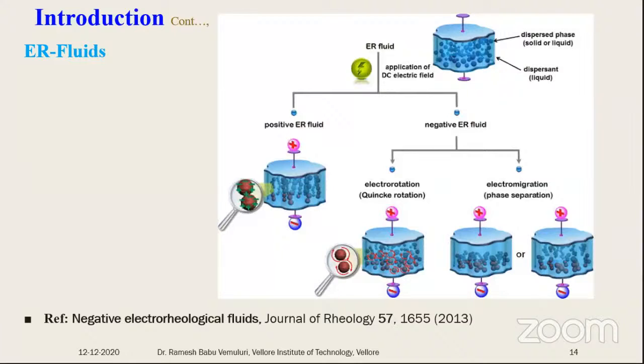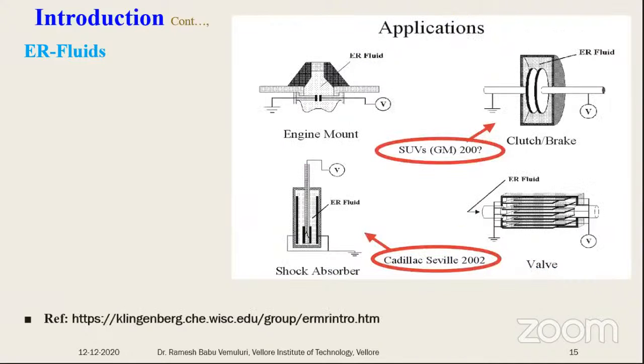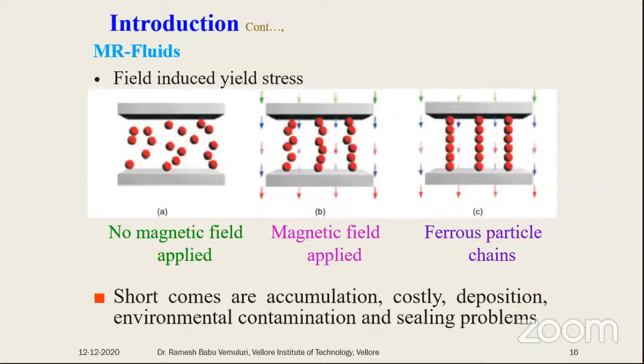Then these are the various applications of electrorheological fluids: engine mounts, as well as clutch or brake cases, shock absorbers, and valves. So here the major ones are electrorheological fluids as well as elastomers. The drawback is that we need a high electric voltage. So that is the major constraint here in the electrorheological fluids or electrorheological materials. So to